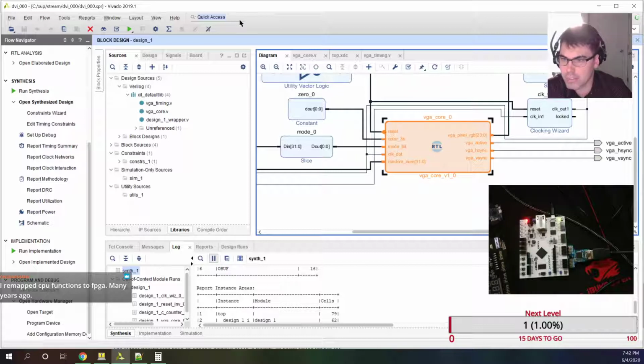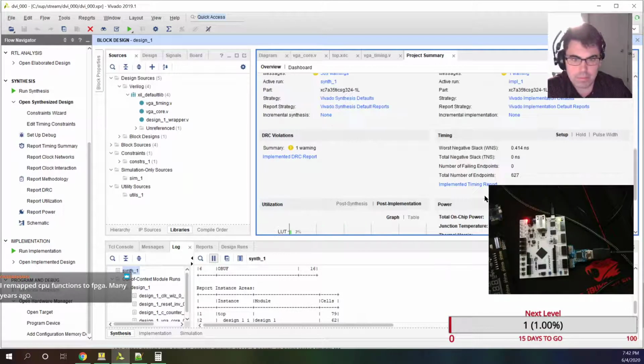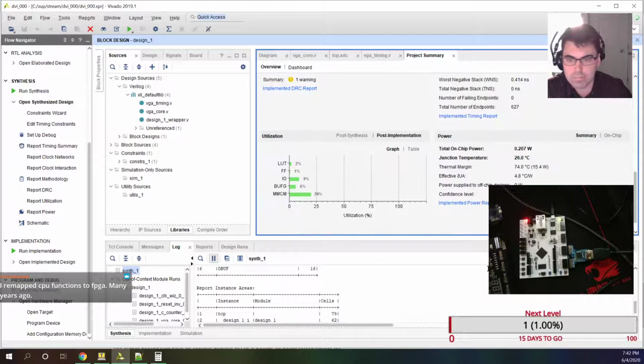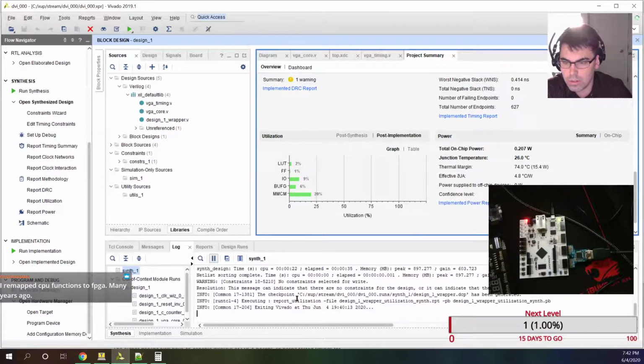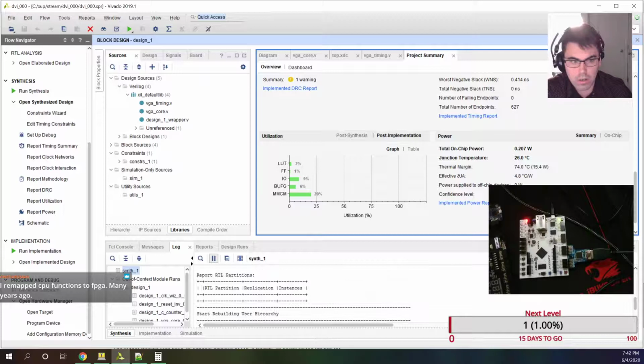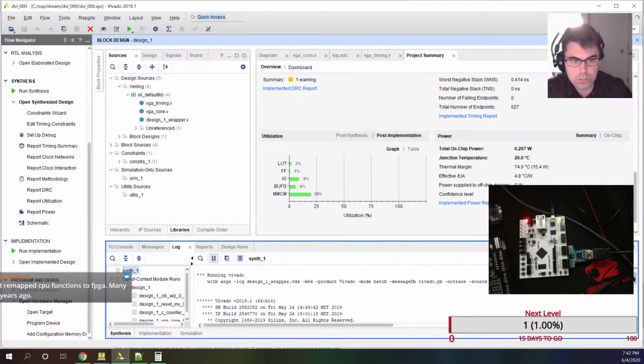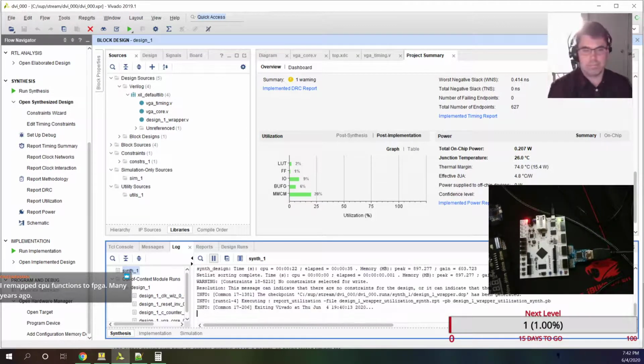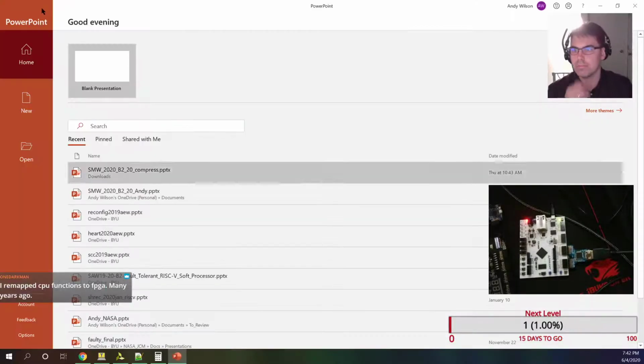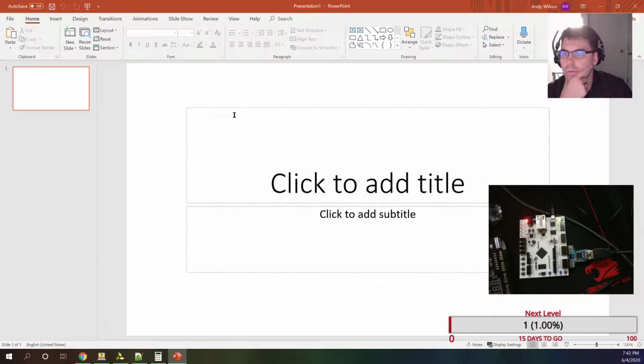What about net timing? Did we have any concerns about timing? Looks fine. So let's see. You can open up in PowerPoint, right? So what we want to do,